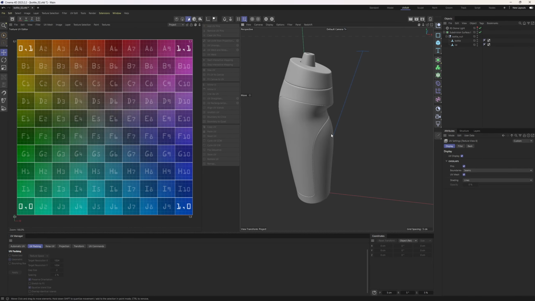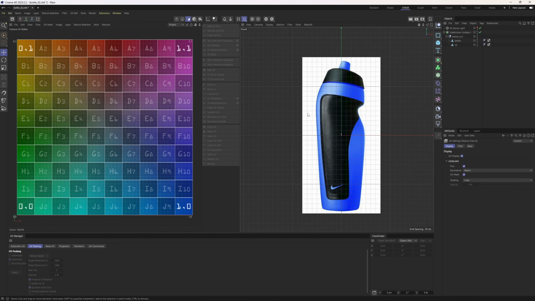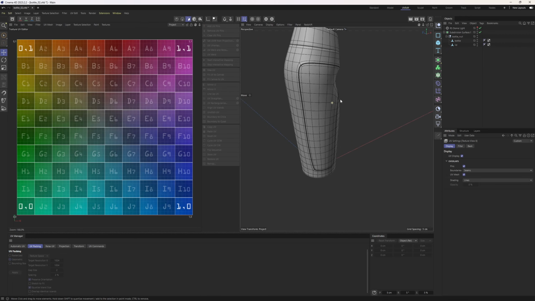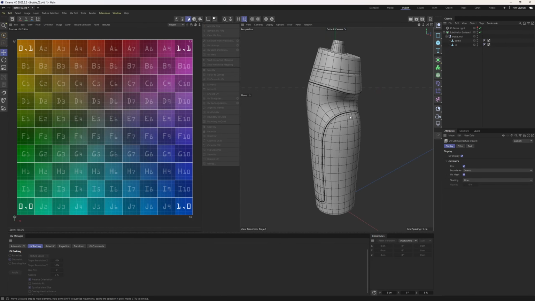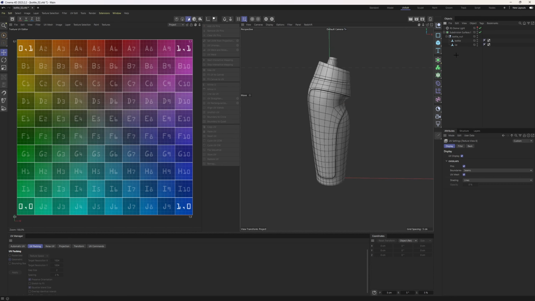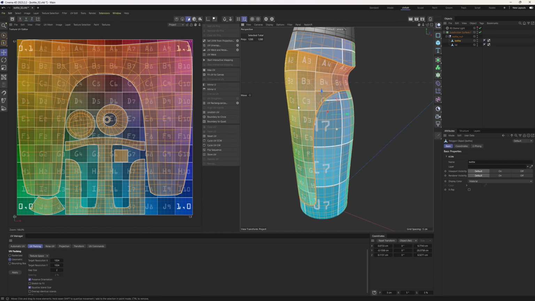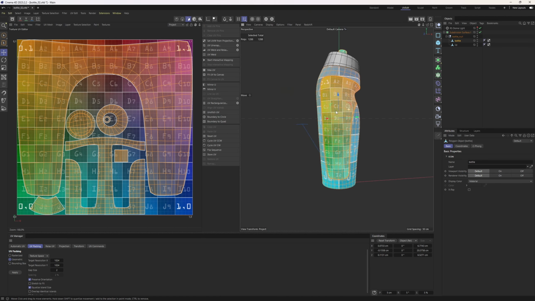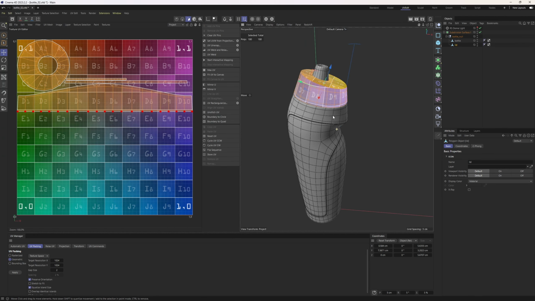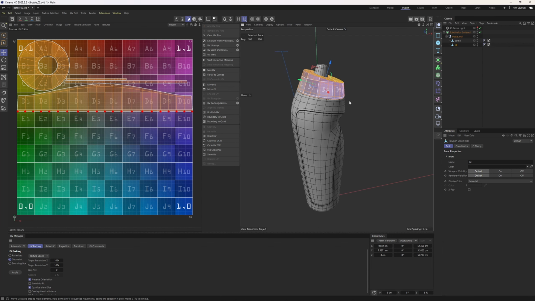In the very first part, I'm going to show you how you can model this bottle. I am really happy with the result. This is the final result. As you can see, this is looking really good. In the second part of this tutorial series, I will show you how you can unwrap UVs. And this is the result. And in the third part, I think, which is the most important one, I will show you how you can